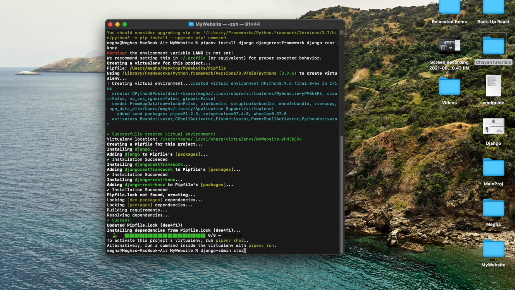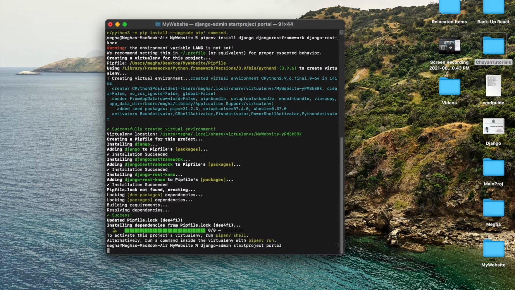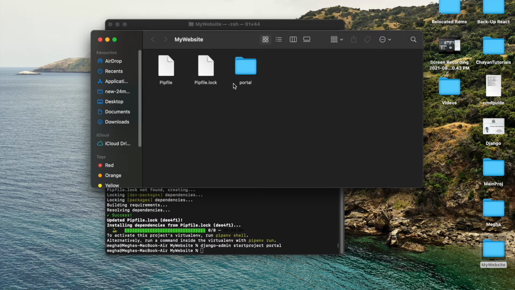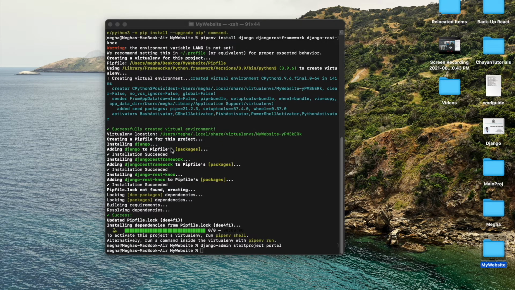Okay, django-admin startproject, and let's not say B, let's say the name of the project is portal. So after this is done, I have the portal project, the portal folder created. If I go inside this, there is another portal and manage.py. That means it got successfully created.